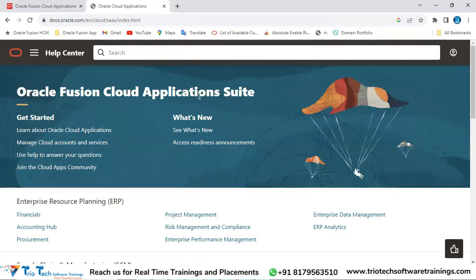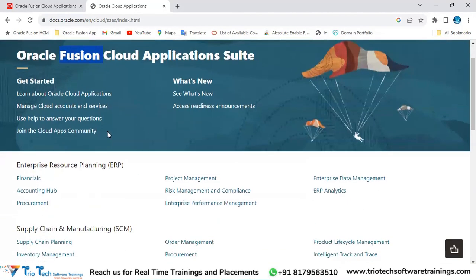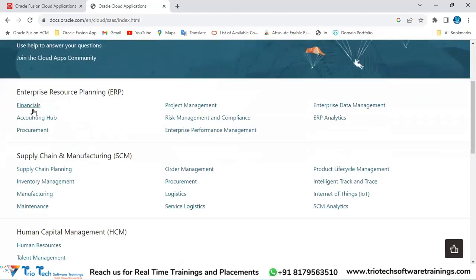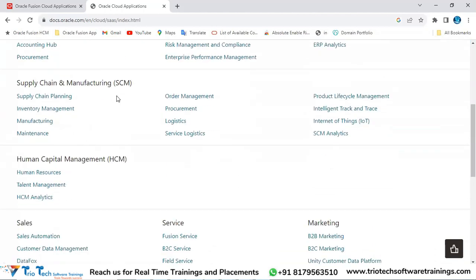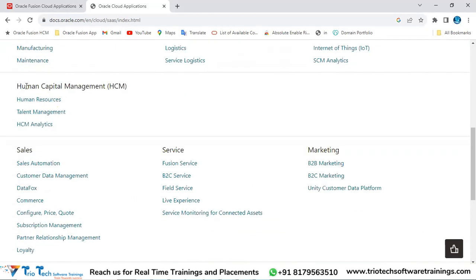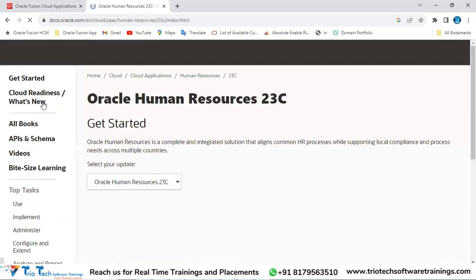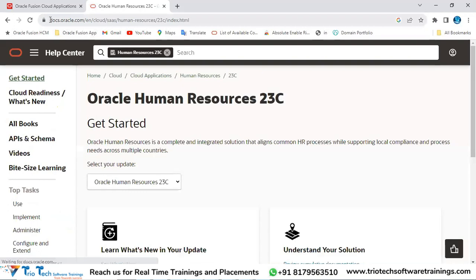Here, all the applications that Oracle is offering under this Fusion brand, you are able to see. Oracle Fusion Financials, Accounting Hub, Procurement. Then this is related to supply chain and its modules. And here, our HCM, Human Capital Management. Come here, go to Human Resource. Okay. Then you will land on